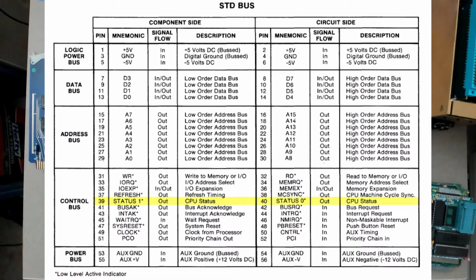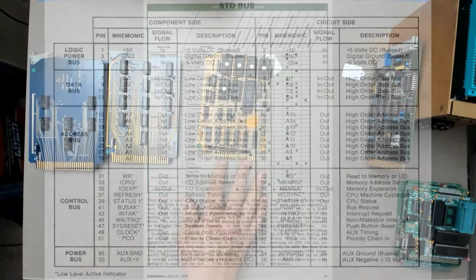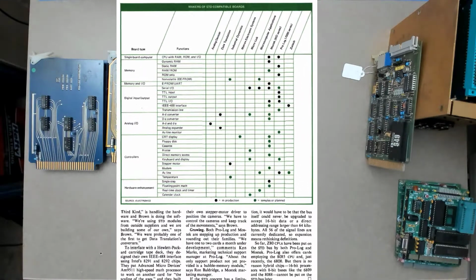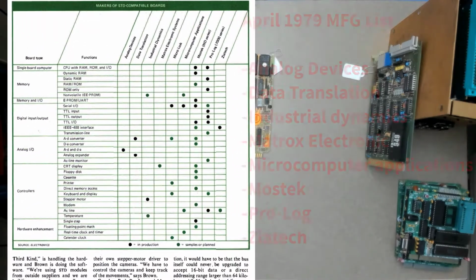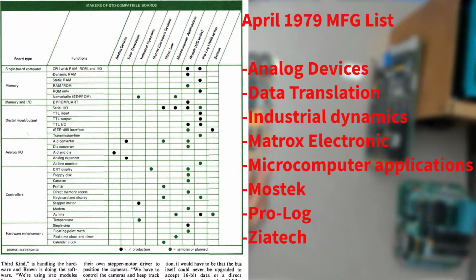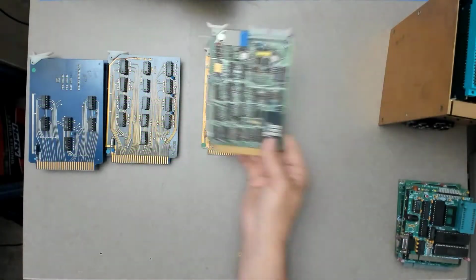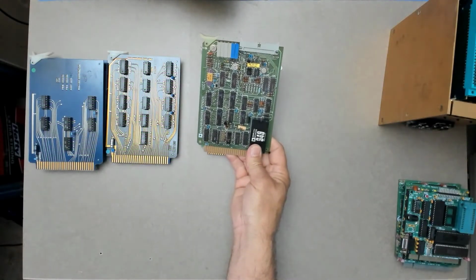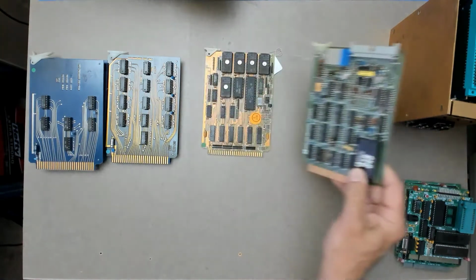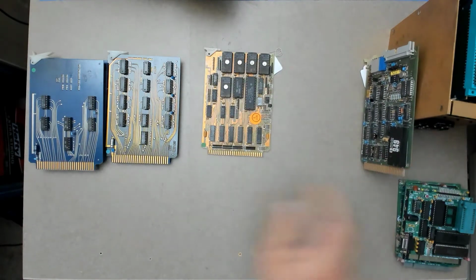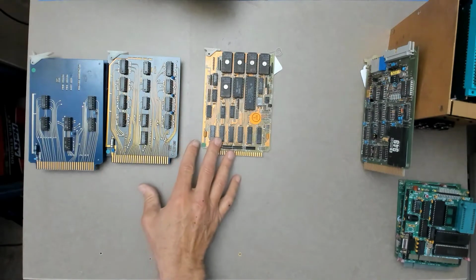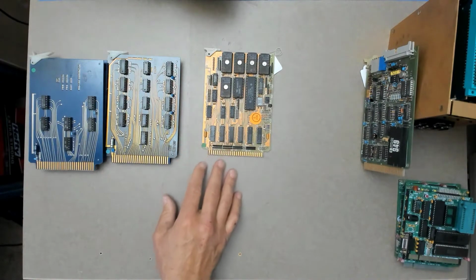The rest of the signals on the STD bus read pretty much like the who's who of a Z80 datasheet. So back to the specification, they seem to have been settled quite quickly. Within a year, by the end of 1979, there were 20 companies making STD cards, including two big ones. One was Analog Devices, who made this very nice analog I/O card, and the other was Data Translation. So by 1980, there was no question that STD bus was going to catch on and be adopted.